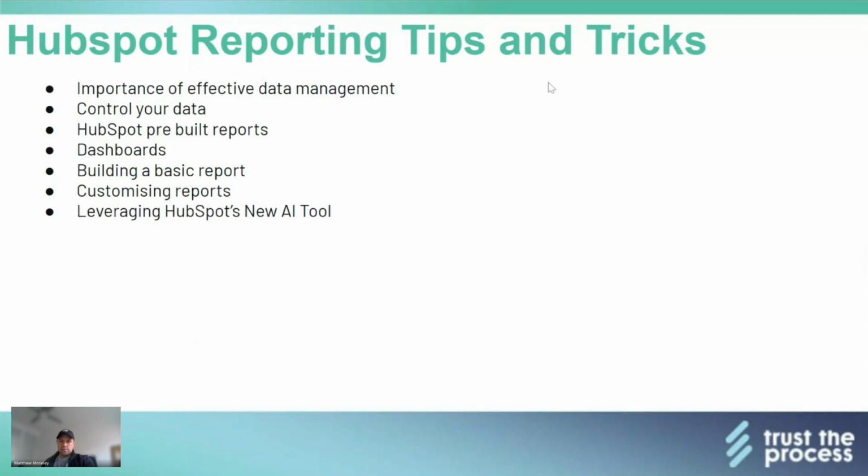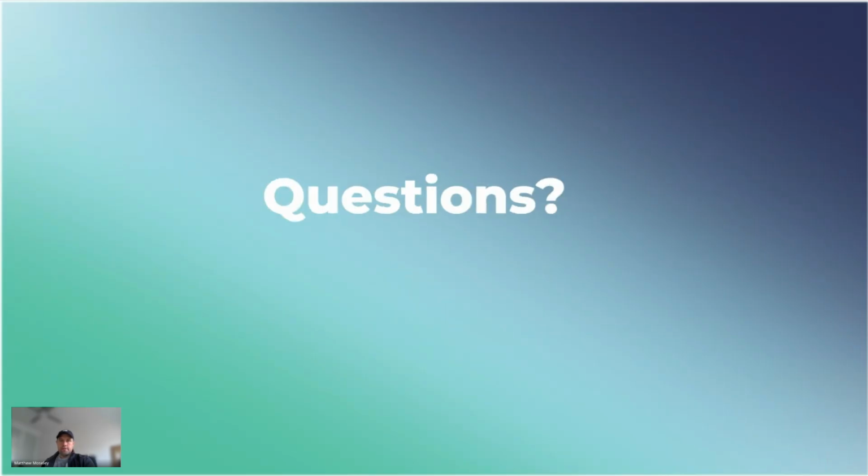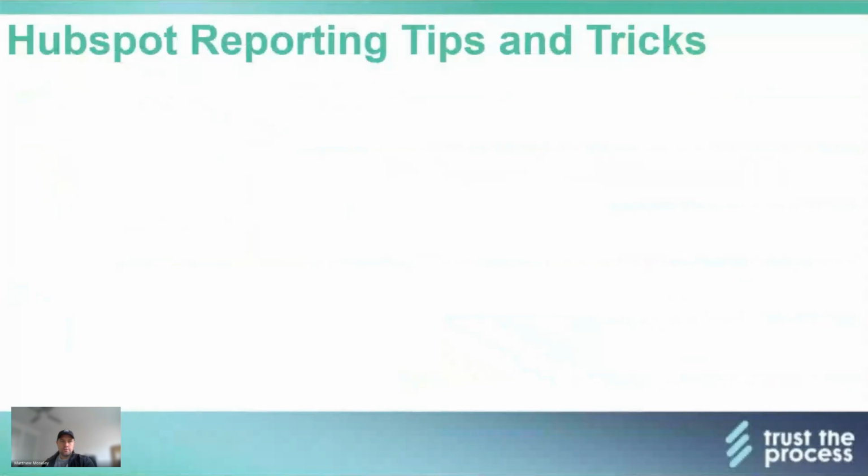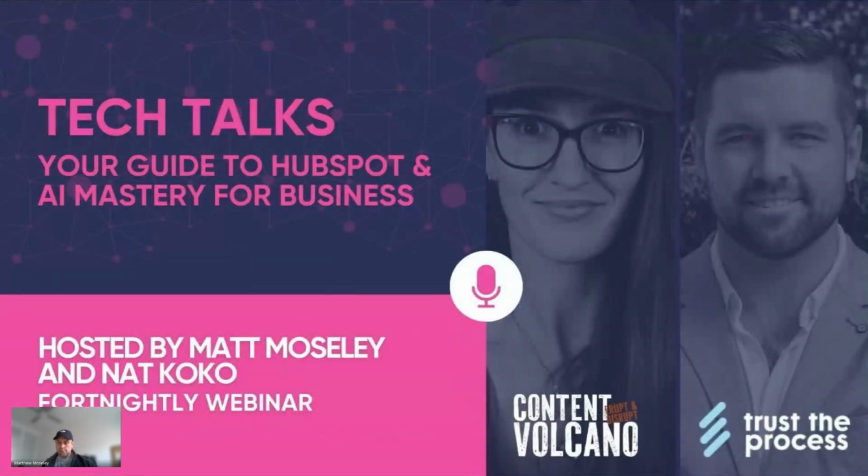Alrighty, so that's sort of everything that I wanted to go over today. A real down and dirty look at the HubSpot features, the ability to report within HubSpot, and the ability to utilize AI. Like I said, that's really basic. There's obviously the next step up, which is using some of the custom funnel reports. But yeah, I think now we'll take time for some questions.